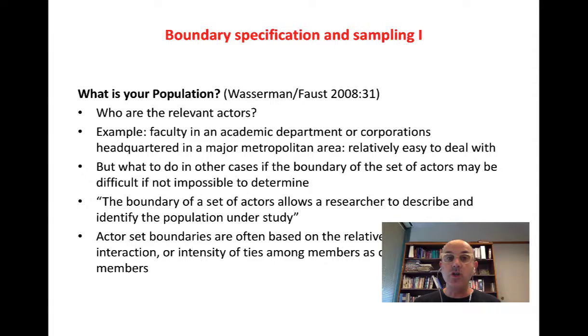So we also have the question of what the population is and who the relevant actors are. For example, in an academic department faculty, we have the person in charge of the department, who is called the chair. We have associate professors or professors, who are considered to be on the higher end. We have assistant professors, who are just at the beginning of their tenure process, and we have instructors. All of them are part of our population when we define this network population